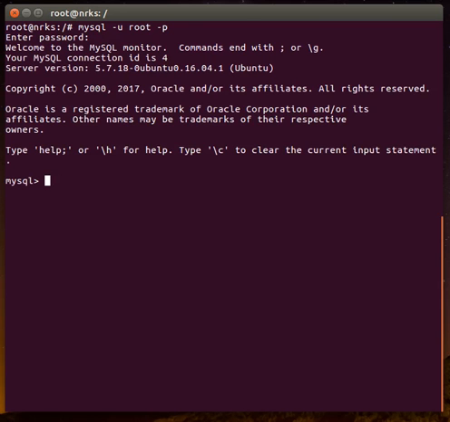So see here, welcome to the MySQL Monitor. Your MySQL connection ID is 4, and the server version I'm using is 5.7.18, Ubuntu 16.04. Once you log on to this MySQL server,